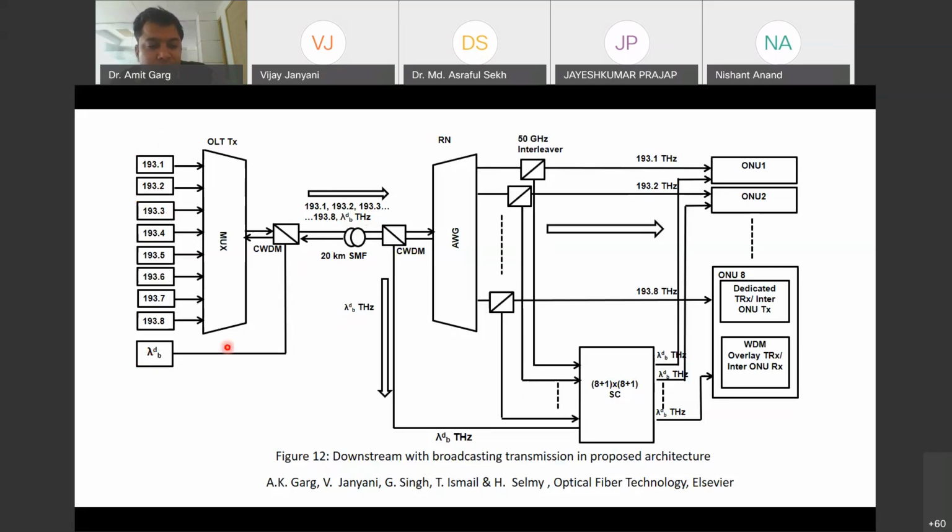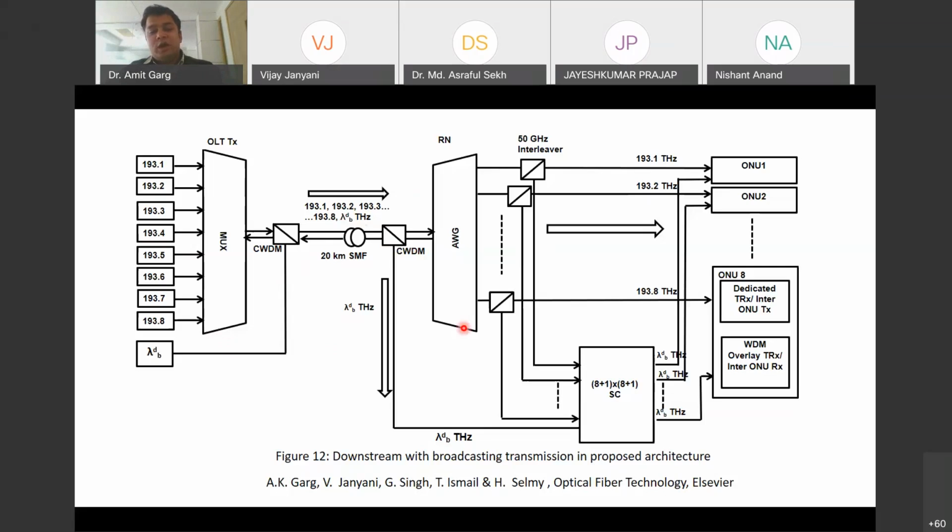Out of those 8, if I dedicate one as lambda B, then 7 are signaling and another is the broadcast signal, and I put it in the same multiplexer and send it to all the nodes. So it will go directly to all the nodes without using your splitter. The splitter may be used for upstream intercommunication, but if I make the broadcast signal available to all ONUs, I can multiplex it with my main signal rather than sending it separately.